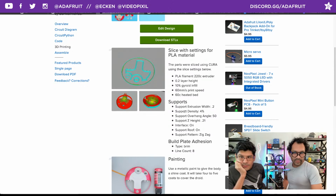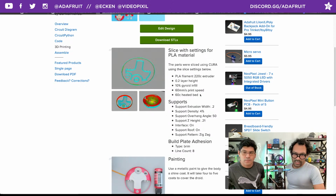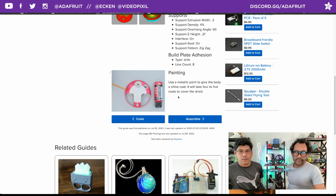Okay. Brim for the adhesion, so we get a nice little adhesion there. And then the painting, I show the brand that we use. It's the Deco Art Extreme Sheen. Okay, cool. And there's the red. I was going to try a darker one, but I didn't know if it would...